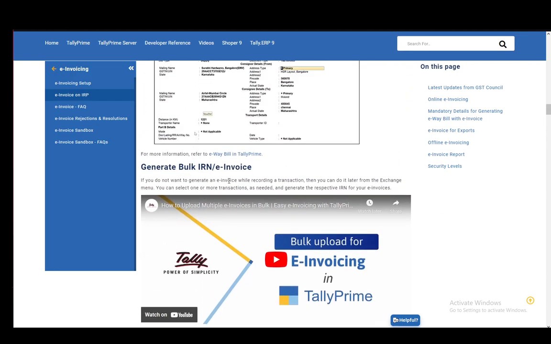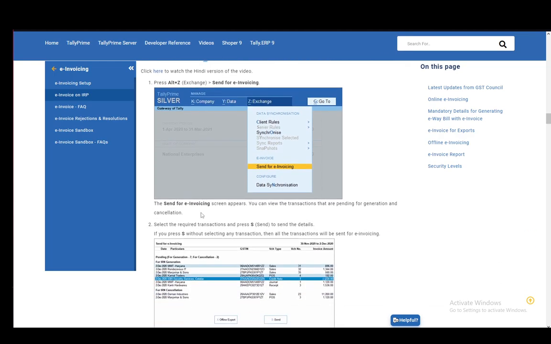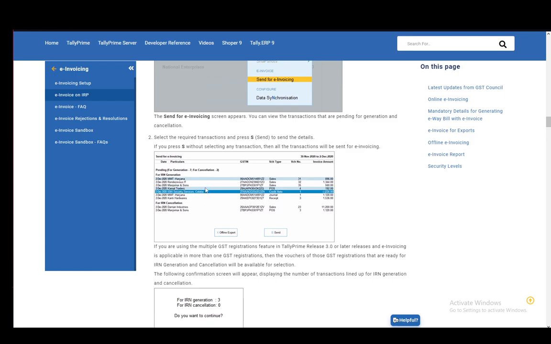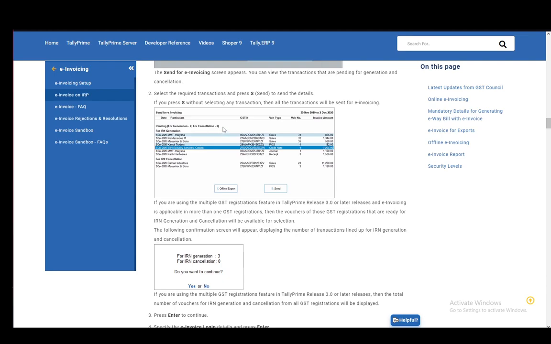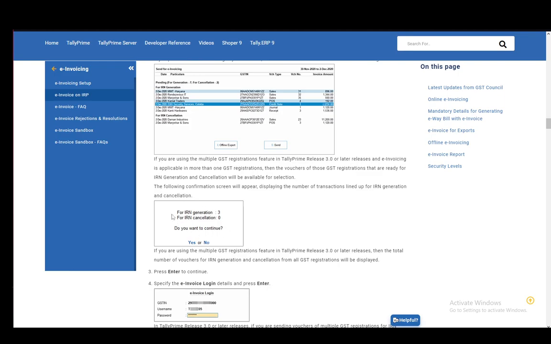Then to generate bulk invoices or IRNs, you need to press Alt+Z, which is for exchange, and then send to e-invoicing. The send to e-invoicing screen will appear, and you can view the pending transactions for generation and cancellation. Then select the required transactions and press S, which is send, to send the details. And if you press S without selecting any transaction, all of them will be sent, so make sure you do that. Then it will show you this screen, which will show you the